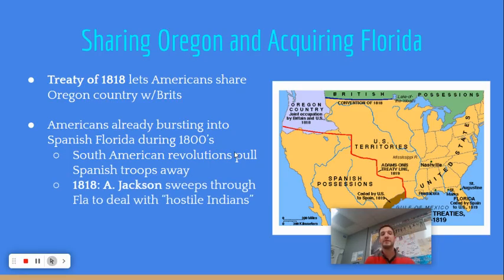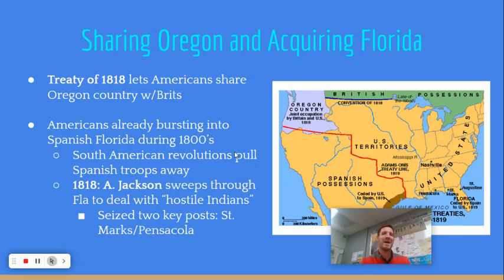So Congress sends in Andrew Jackson, future president, hero from the Battle of New Orleans and the War of 1812, to deal with the hostile Indians in Florida. But Jackson's the type of personality, if you don't know this, if you give him an inch, he's going to take a mile. So he just says, hey, I'm going to seize 2 key posts and take over all of Florida. He takes St. Mark's and Pensacola. And Quincy Adams, I think the president, when this all ends up going down, that might be wrong, maybe it's Monroe,